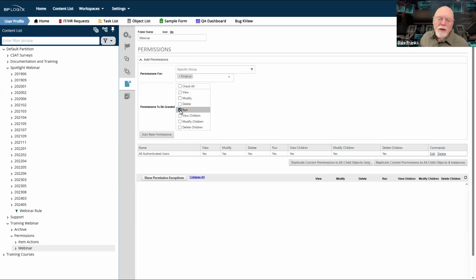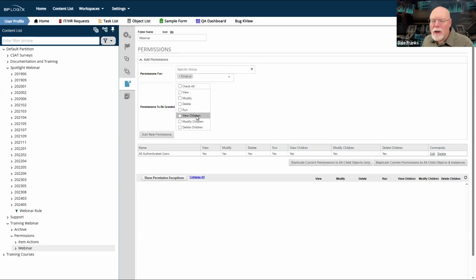So the run permission would be meaningful for things like forms, process timelines, knowledge views, goals, technically stream actions. But a folder that had run permission, no, folders don't do anything. They either exist or don't. So if a folder exists, giving a user run permission on a folder accomplishes nothing. There are no folder instances, for example, that get created. So some permissions simply don't apply to everything, and run is one of those.